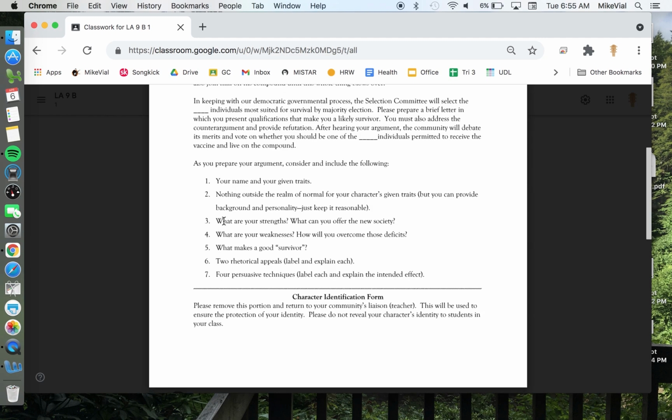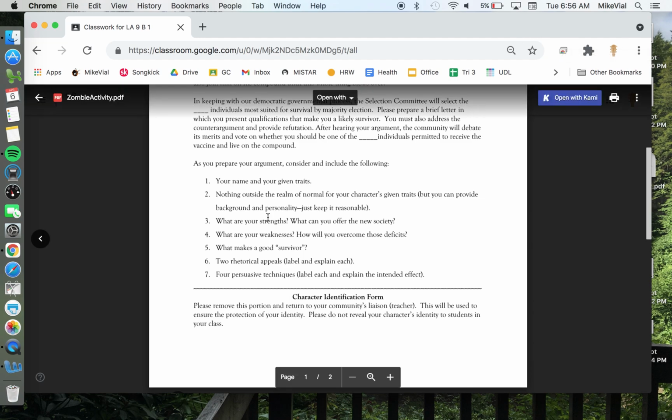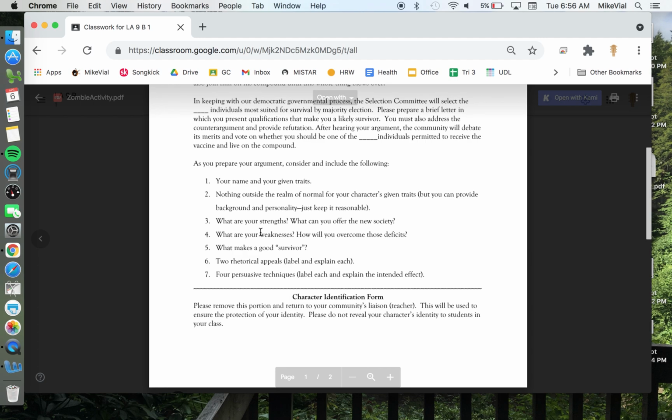Then consider the strengths and the weaknesses of that character. Age is a factor, right? Is the committee going to want to give a vaccination to somebody who's old, or are they going to prioritize people who are younger and will live longer? Most characters are going to have a downside. Most characters are going to have a strength. So you're going to want to write a paragraph that reveals why that strength makes your candidate important for the compound. You also are going to want to write a paragraph that recognizes or puts a spin on the weakness.